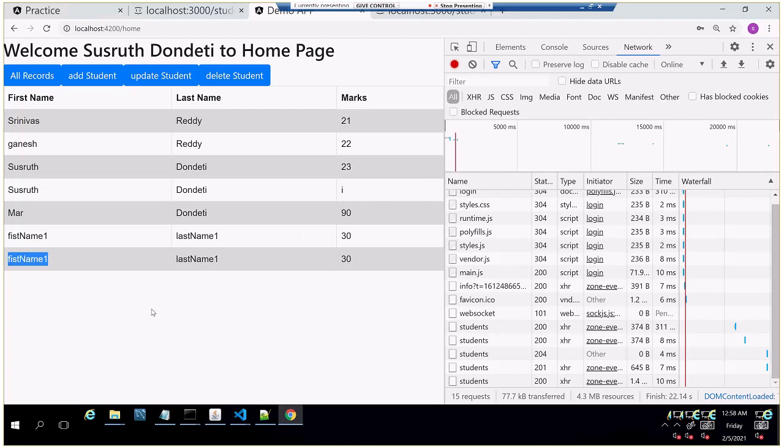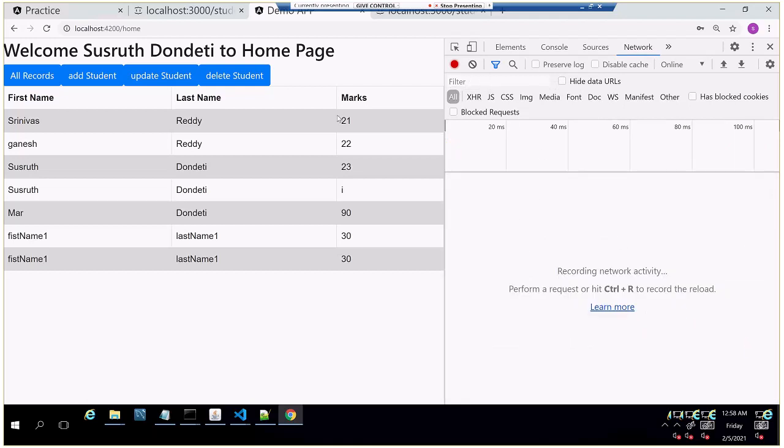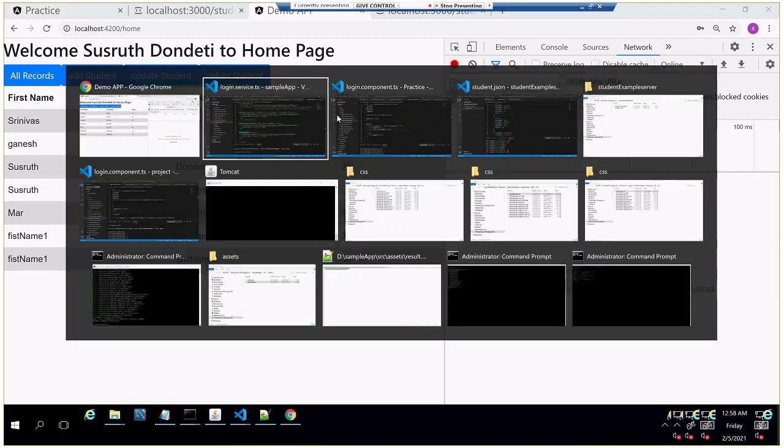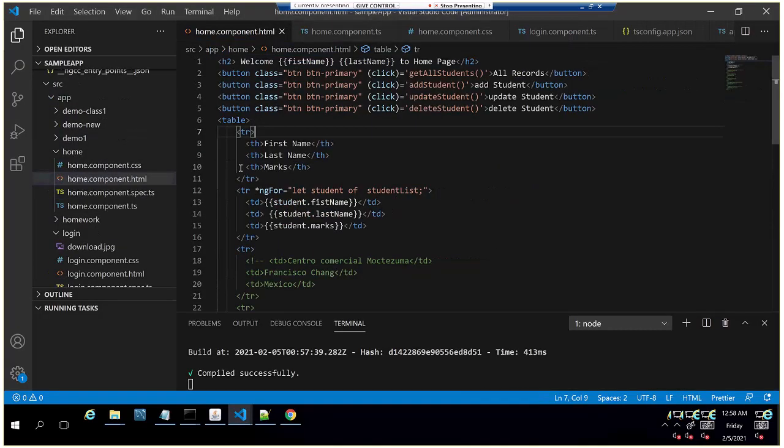Now I'll go and update the student. The value which we are not printing here, I'll do one thing. In home component.html, I'll add one more column for username.